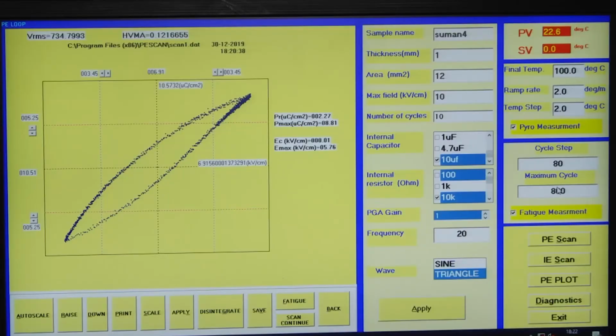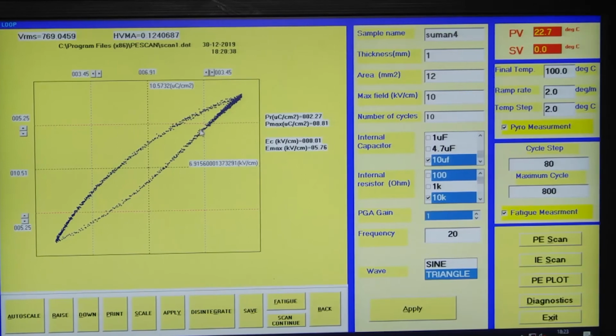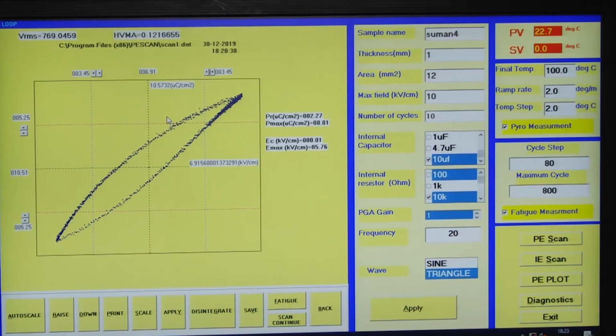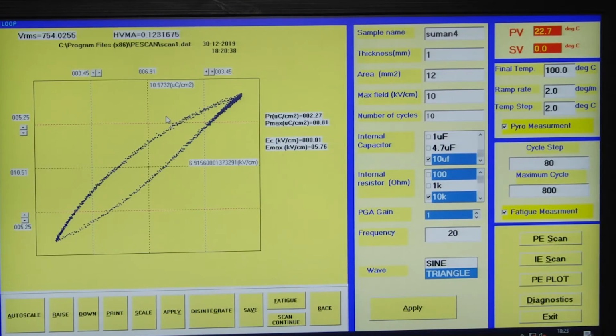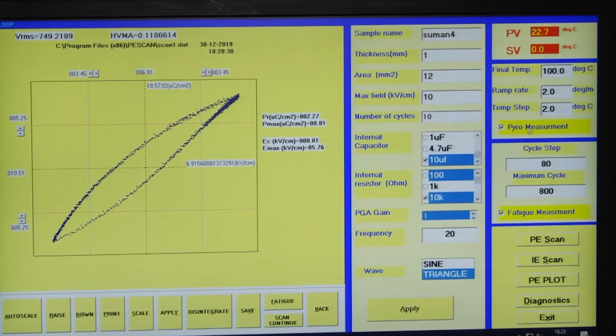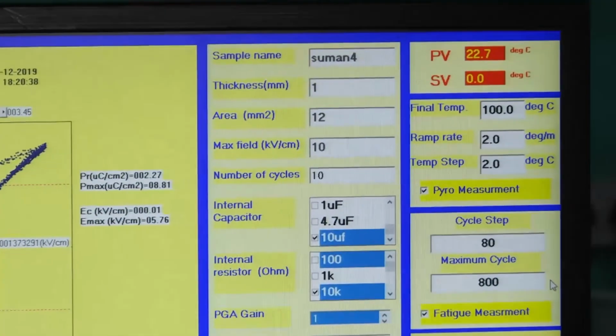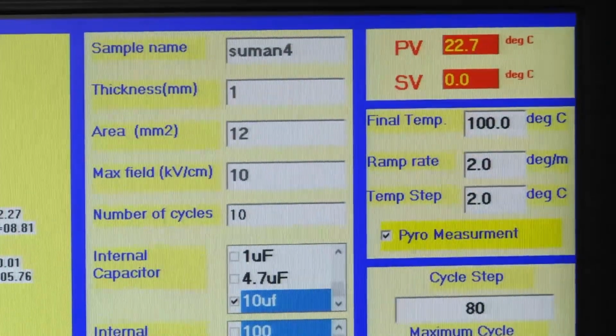I think I will not do that here. Mainly I wanted to show you how the PE loop is measured. Although it is computerized, manually also one can do it, though it is time taking. Now, this is also good when you want to measure as a function of temperature; then we use this option, pyro measurement. Pyro means temperature, so with temperature we can study. And pyro measurement, another, so if the sample is